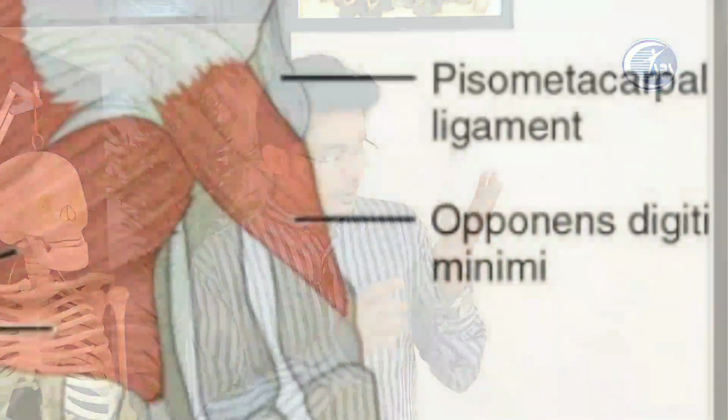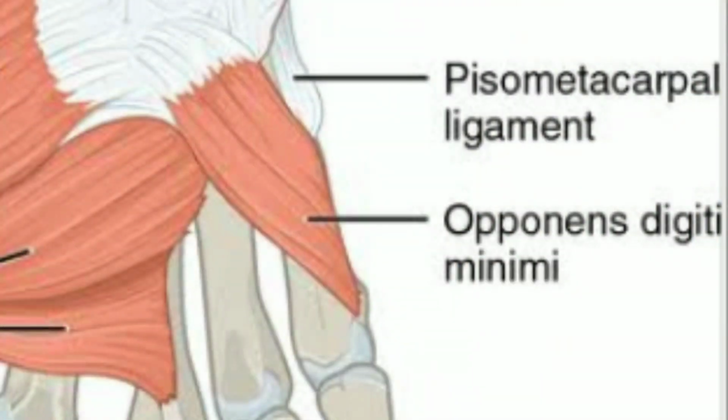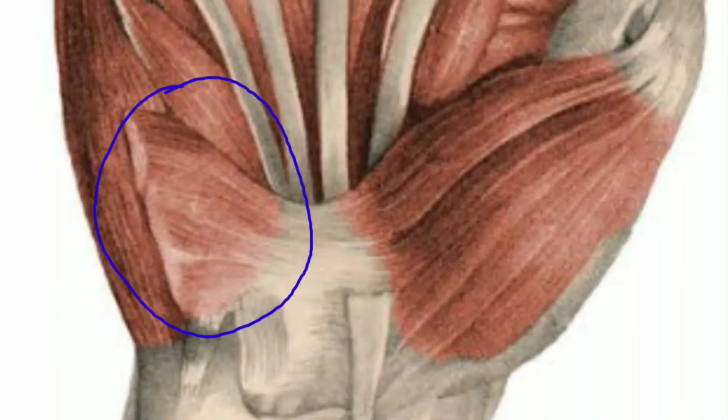Now the second one, flexor digiti minimi. Flexor digiti minimi also originates from flexor retinaculum and is inserted into the base of the proximal phalanx of the little finger. So simple, right? Now we move into opponens digiti minimi. That originates from the flexor retinaculum and is inserted into the lateral border of the shaft of the fifth metacarpal. Last one, that is palmaris brevis. Palmaris brevis originates from flexor retinaculum and is inserted into the medial surface of the skin of the palm.